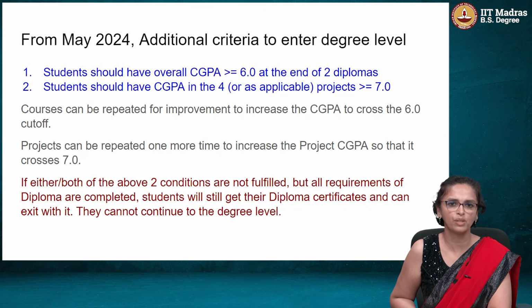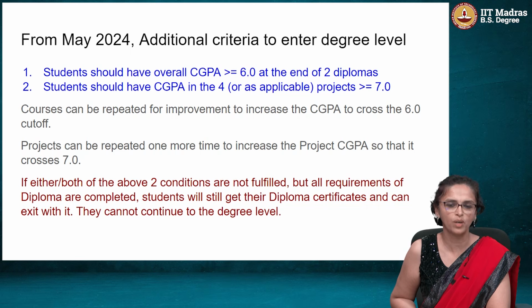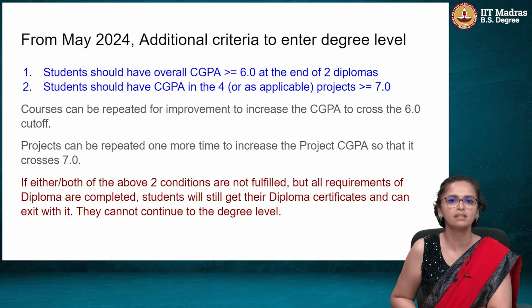Your progress card should have your latest CGPA after the December term has completed and now we've released it. It should have the latest CGPA in it. Check whatever is the CGPA there and also check your project grades. So, count the points against each letter grade and see what CGPA you get across the projects you have done. See whether you have to improve it and whether you will satisfy this criteria.